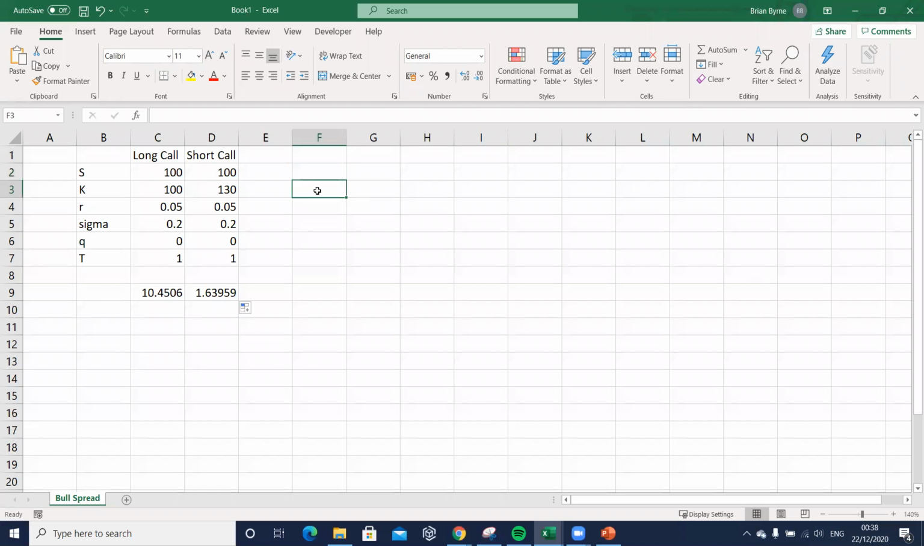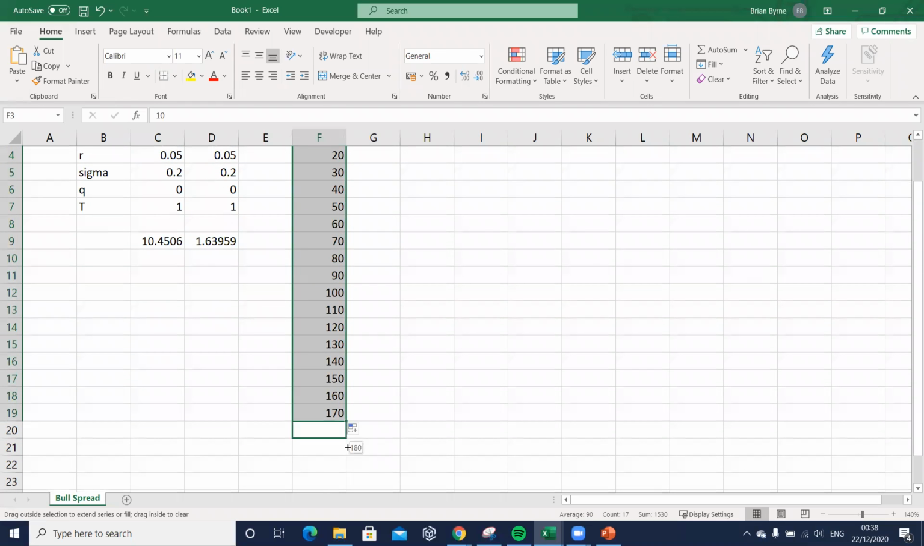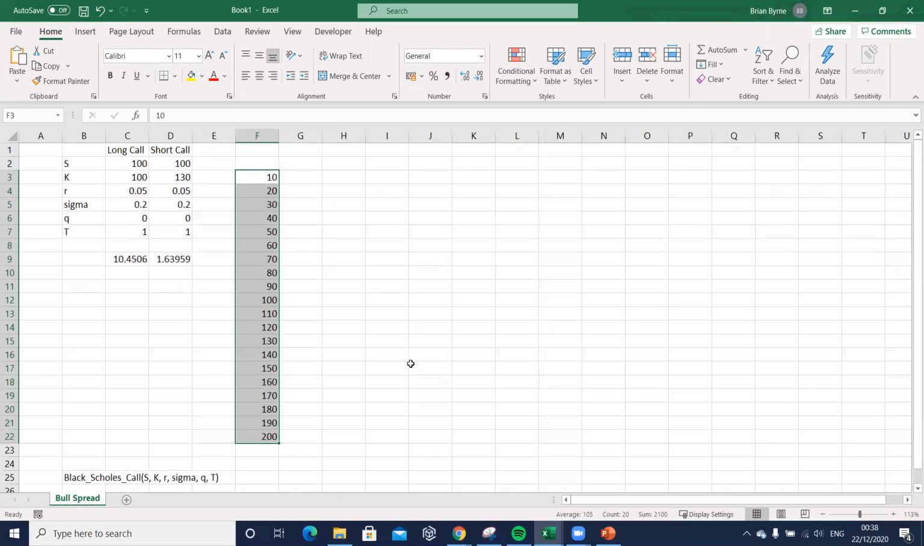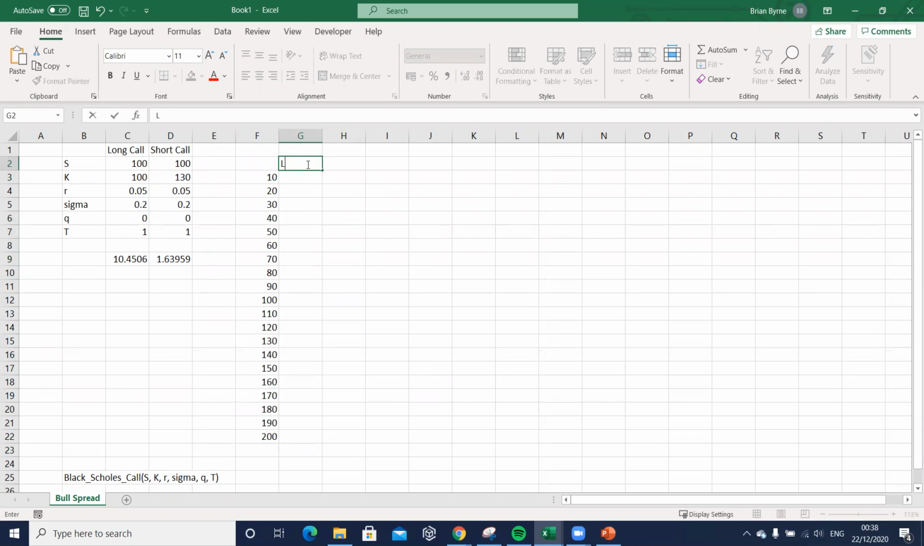Initially here we want to map out the payoff on the long call option. That's fairly simple to do. We can pull down here to 200, and make that just a little bit smaller so it comes into our line of vision. And then this is the long call